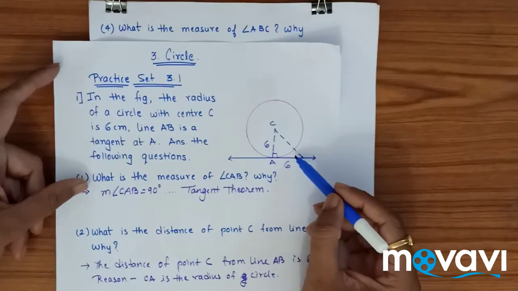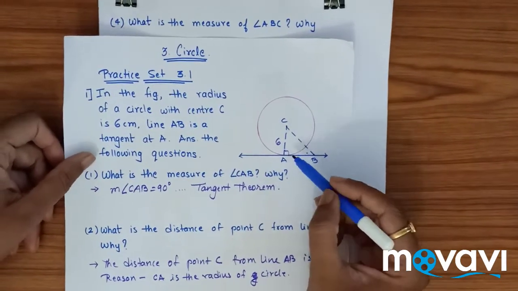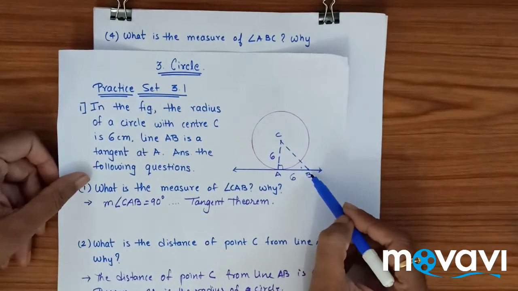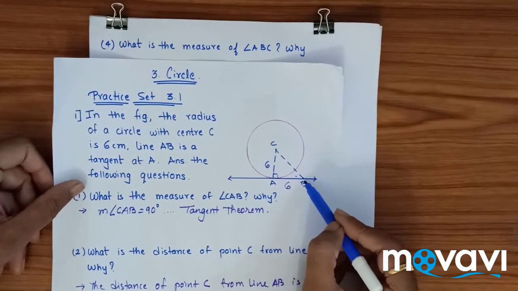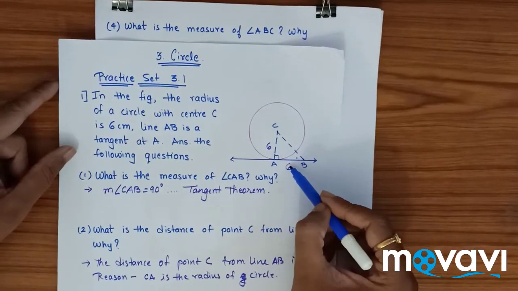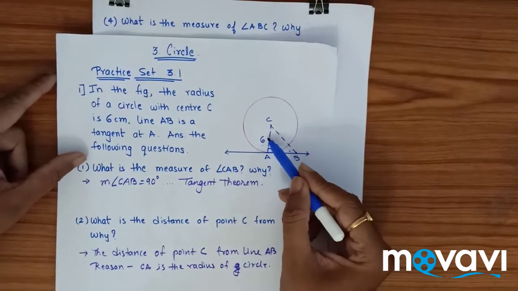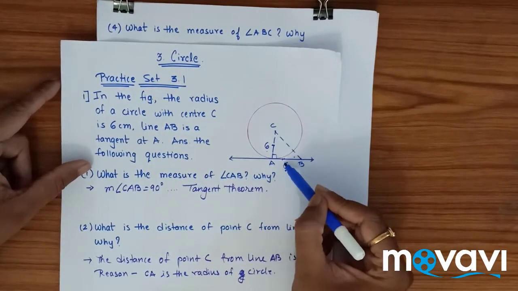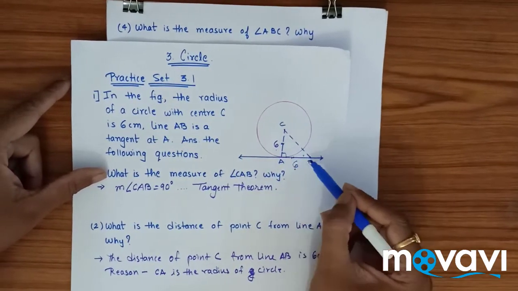Now understand, first understand the diagram because I will remove this afterwards. See, CA is one side of the triangle, AB is the second side of the triangle, and this is the third side of the triangle. Okay. Now see here, this first side and the second side measure the same. This is 6, this is 6. It means that CA is equal to AB. These two sides are equal. Okay. So this forms an isosceles triangle.